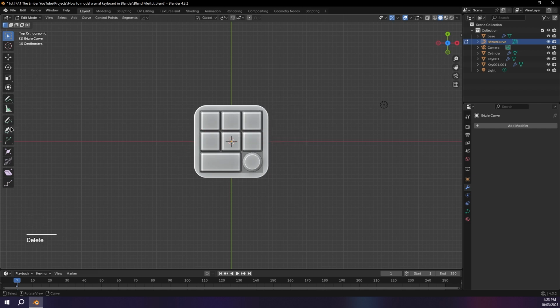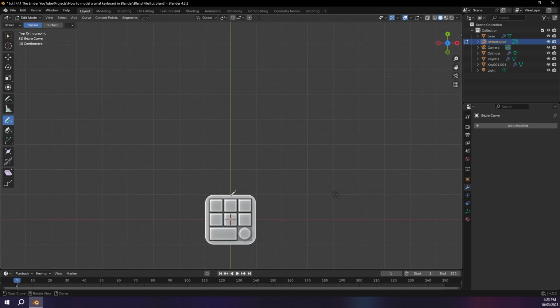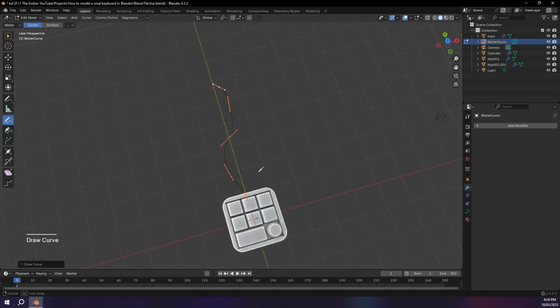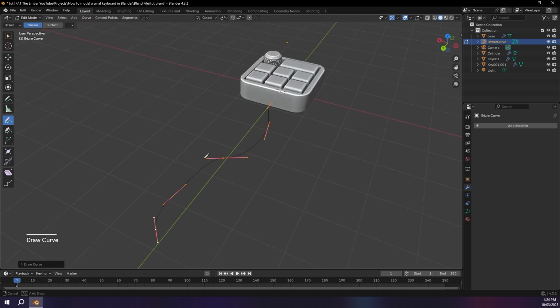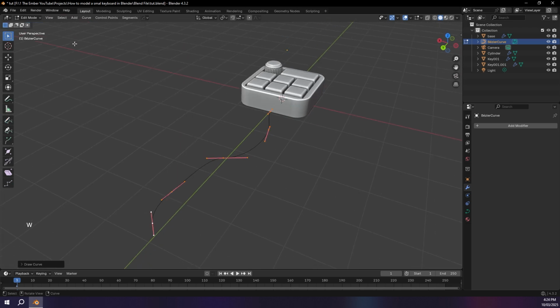Now I'm going to go over to this side menu here, and I'm going to select this draw button. Now I'm just going to draw from the back of our keypad a line sort of like this. Okay, so now we have this Bezier curve. I'm going to press W to go back to our